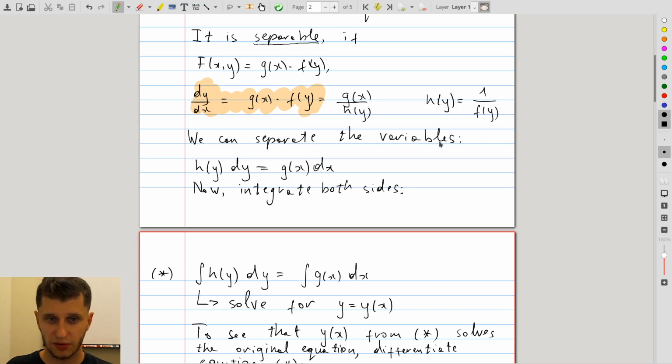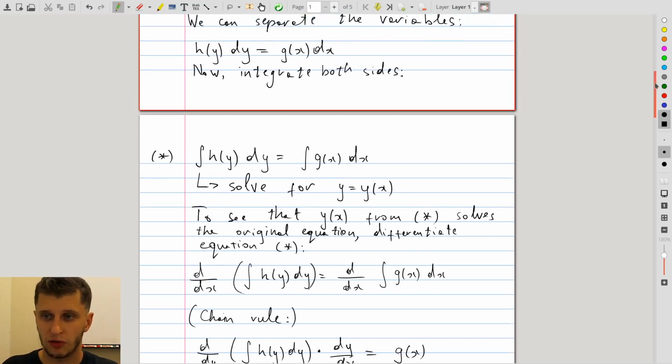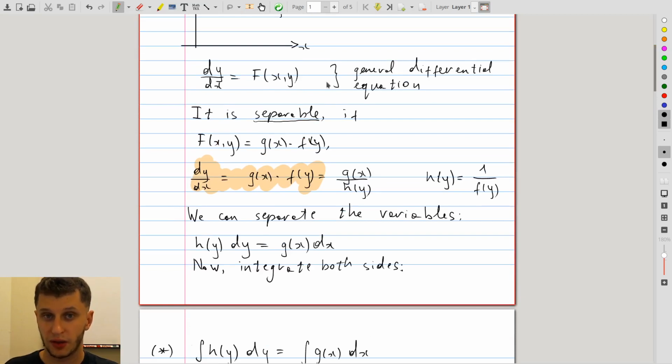We separate the variables for the equation to get to this form, then we integrate both sides, we get a new equality between two functions, and solve this equality for y as a function of x. Once we do that, we will obtain the solution to the original differential equation. So this is how we're going to solve separable differential equations using this method. Now, we will illustrate it in the following